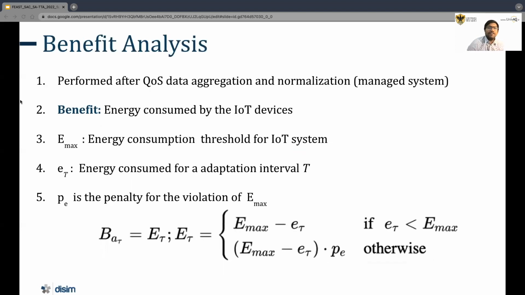Similarly, we then compute the benefit in terms of the quality of service goals of the managed system. This step also takes an automated approach as in the previous case, and it uses a benefit utility function. This function is applied to the quality of service values obtained from the logs of the IoT system. In this work, we want to reduce the energy consumed by the IoT system. Hence, we consider the energy saved by the IoT system as the benefit. Let Emax denote the maximum energy that can be consumed by the IoT system for a given adaptation interval. Then the benefit accrued by the IoT system while using a given architectural strategy for the implementation of the managing system is obtained by computing the utility function, which is actually a piecewise function.